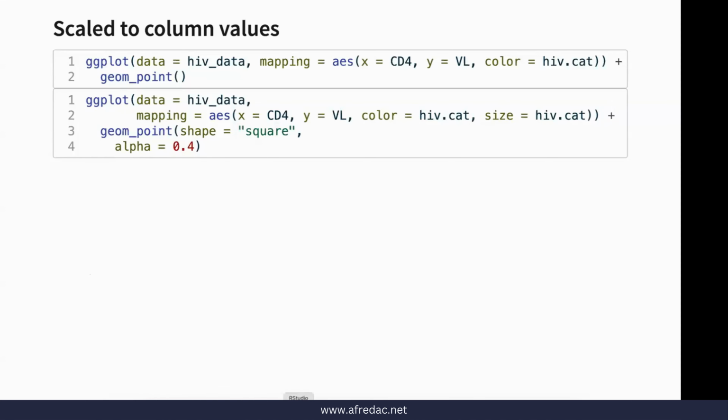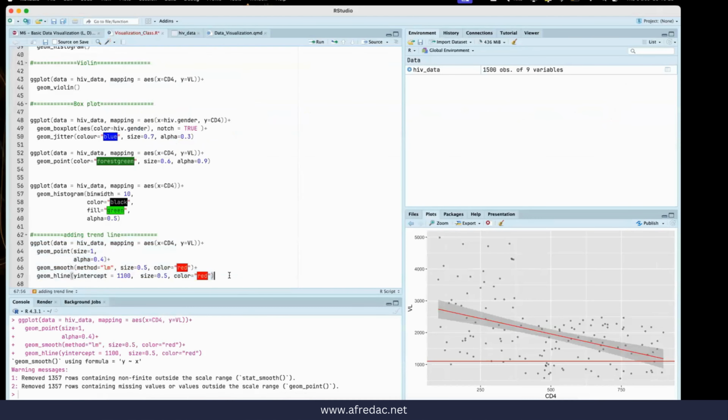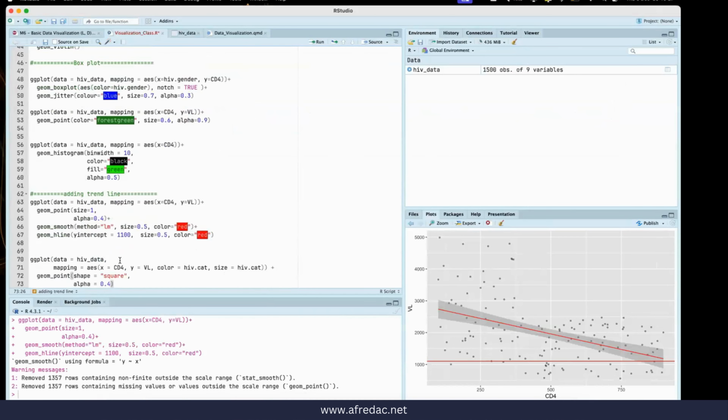So let me just copy that so that we can do it quickly. So for this one, what it means is that besides just having X equals to CD4 count and Y equals to the viral load, I may also want to have the color being defined by HIV category, and the size to be the HIV category. Now, these two options here, it's not a must that they remain here. You can have them inside the aesthetics under the geom point. Okay, that's also another way of doing that plot. So if we run this,